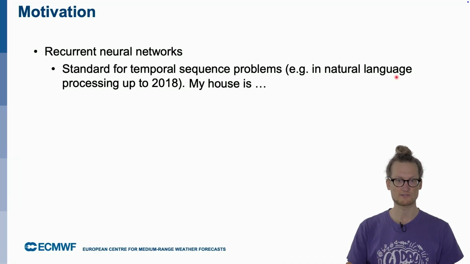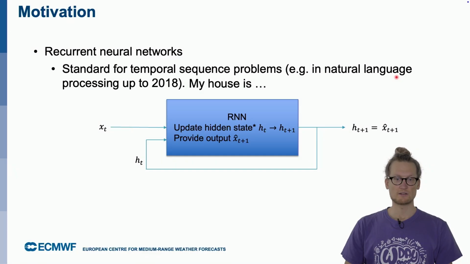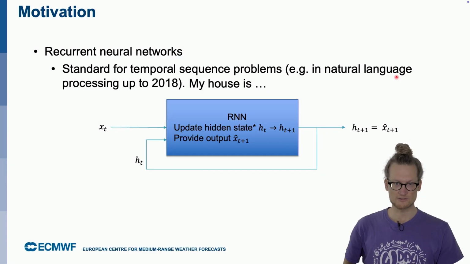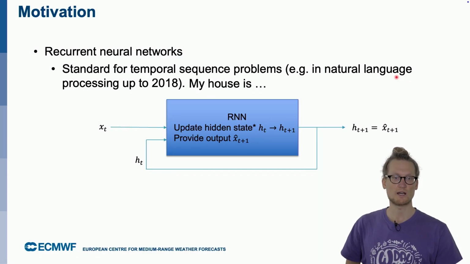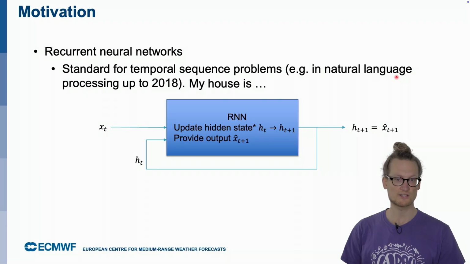Like, for example, this task of completing a sentence or predicting the next word in a sentence. And looking a bit more at why transformers have been invented, I would like to motivate what the drawback of recurrent neural networks actually was. Because recurrent neural networks were working pretty well. They did this next token prediction, or next word prediction, fairly accurately. But the recurrent neural networks had one really major drawback, and that's something we are looking at here.